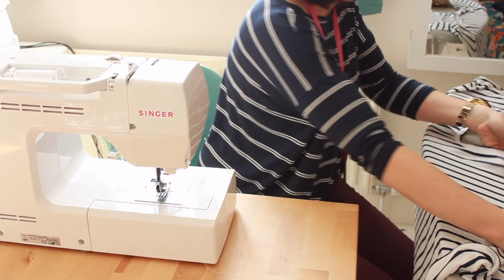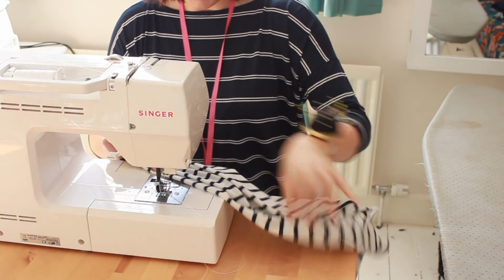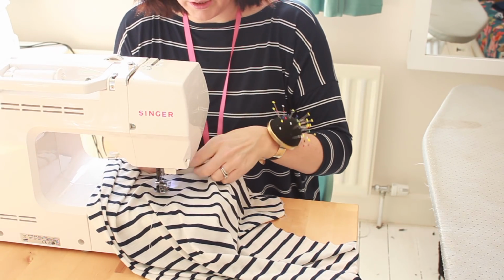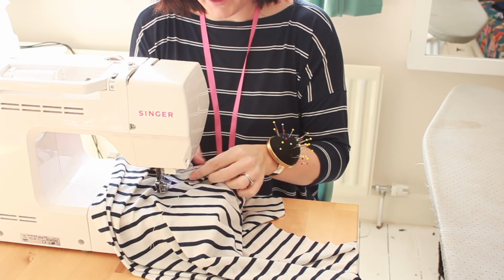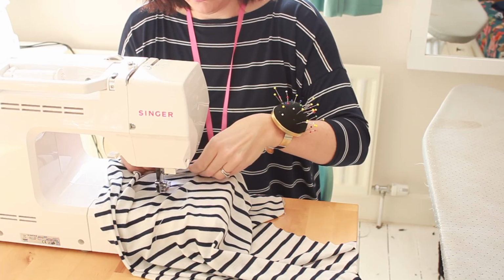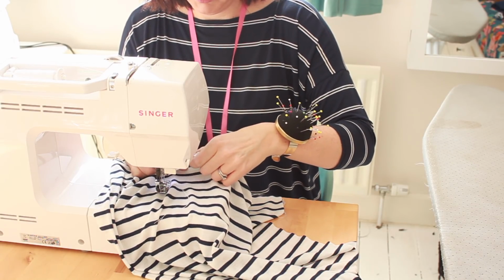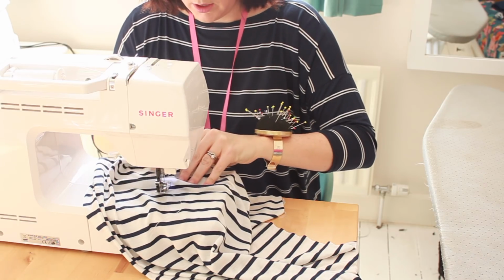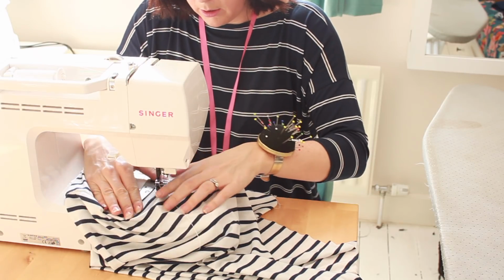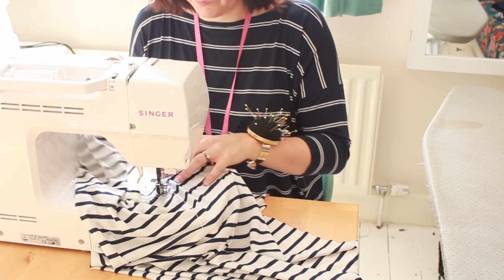And once you've done that, which I have already done, I'm starting at the back again. Remember to tuck your loose threads, or the end of your threads from your overlocking, down underneath the seam allowance, between the seam allowance and the bodice. And I am starting pretty much at the seam from the neckband,